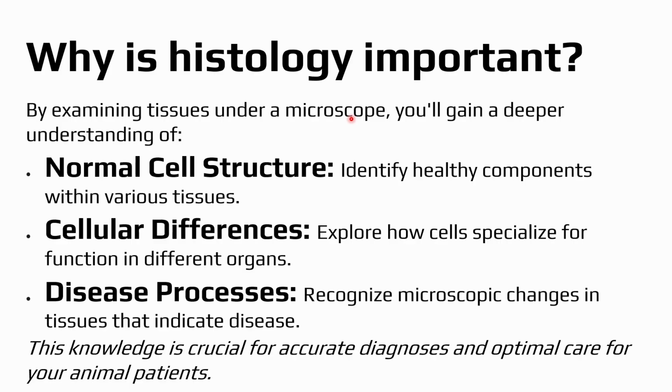So again, why is histology important? Histology is basically the study of tissues, histo, and in order to see the different parts of the tissue, you will need a tool, which is your microscope. You will not be able to see the different microscopic structures because they're very small, so you cannot see them with the naked eye. Parts of the tissue or organs which are readily seen by the naked eye are usually studied under gross anatomy.